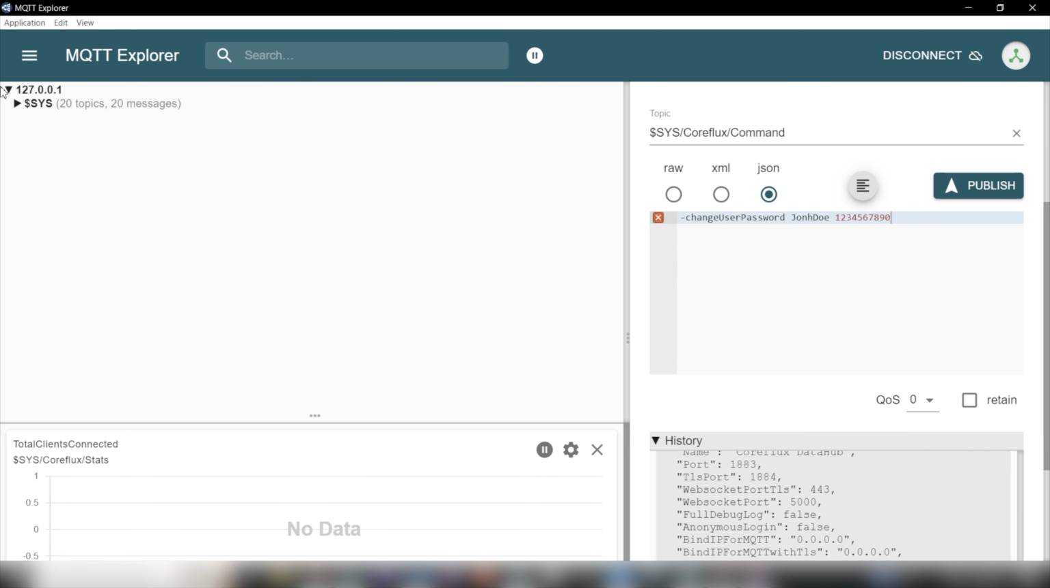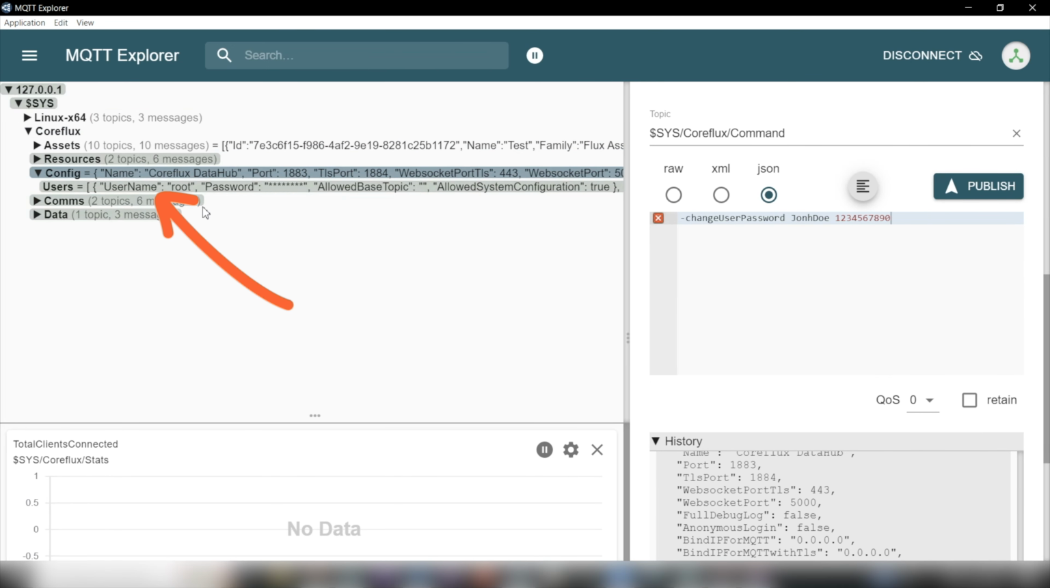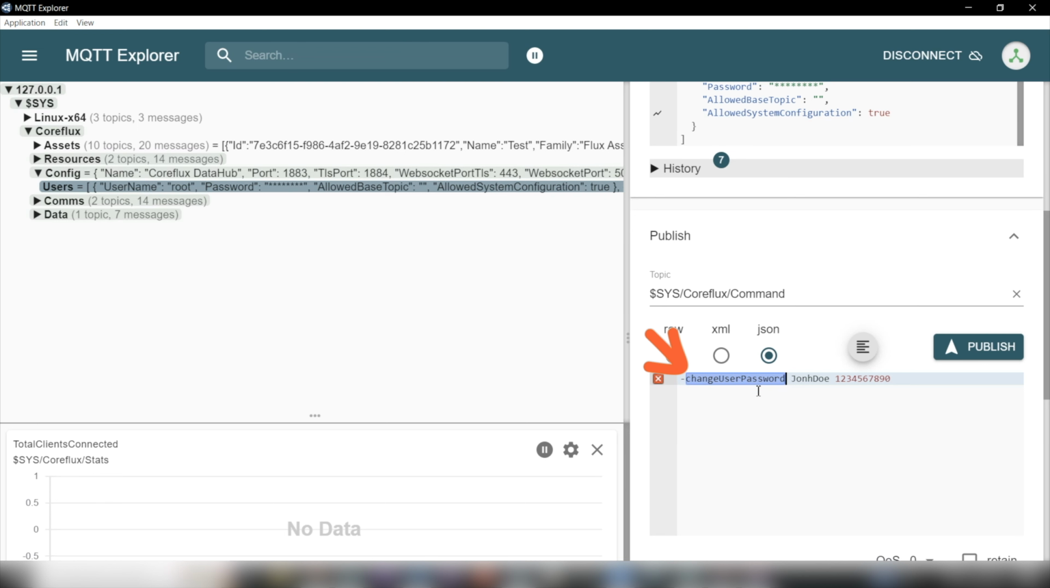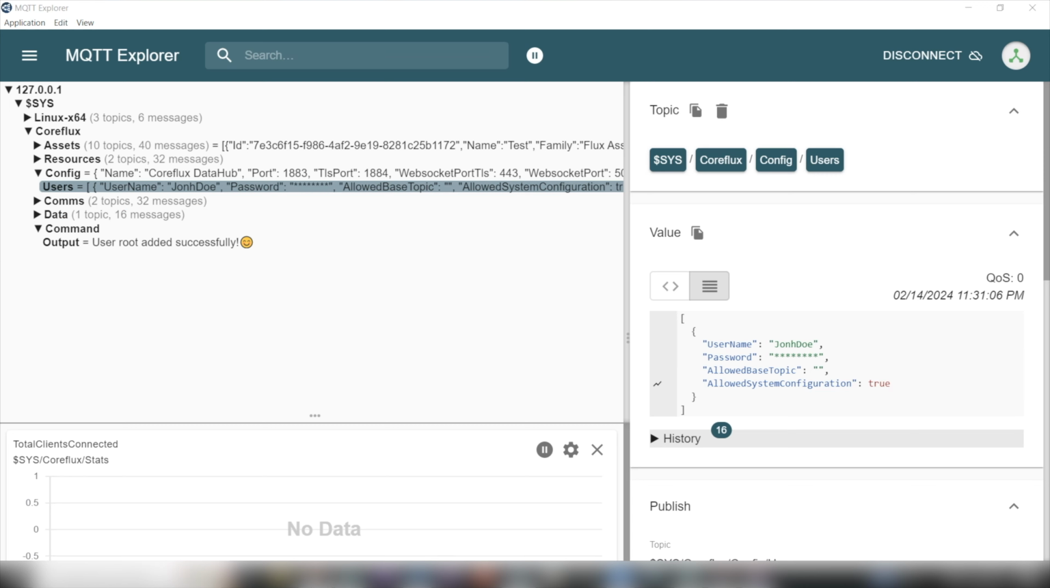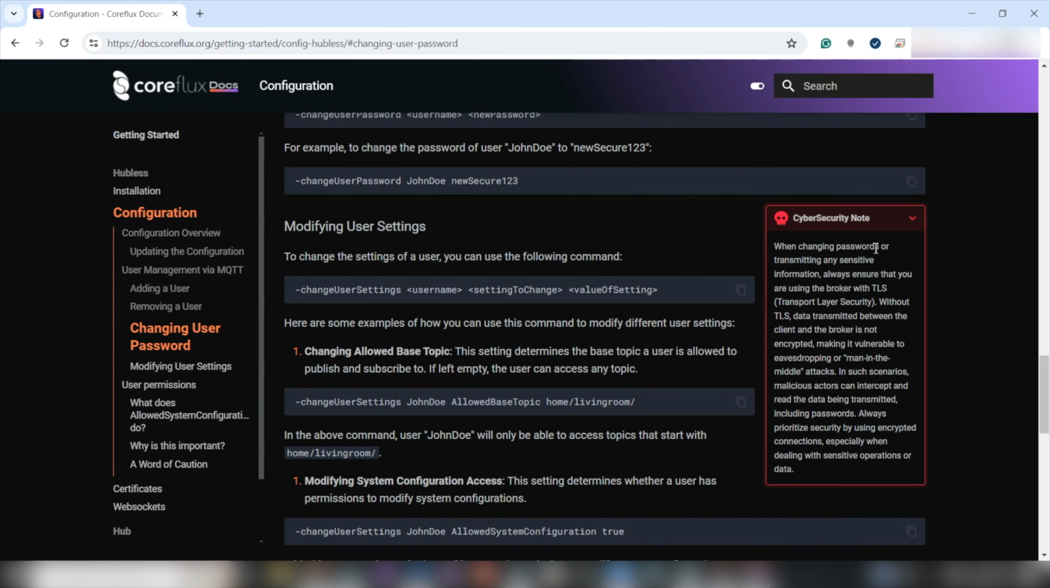Done and dusted. Please note that any user with this access level can remove other admin users. With the command remove user, they can even disconnect the standard root user. Just like that. All of this important information is on docs.coreflux.org, including details on TLS and its importance against vulnerabilities